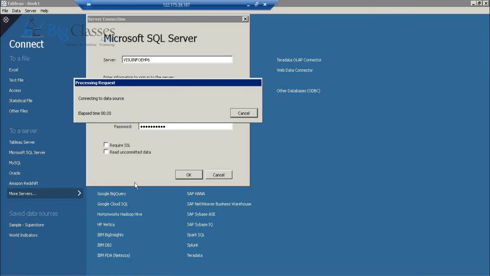You need not have a kind of metadata layer here. In the area of traditional reporting tools, we used to have a metadata layer, but in the case of Tableau, you can avoid the intervention of the metadata layers because it has the concept of in-memory. That is the reason. Okay, let it connect to the source.